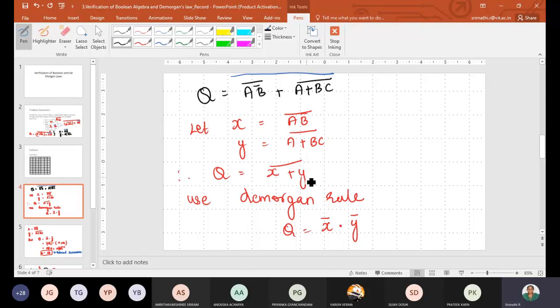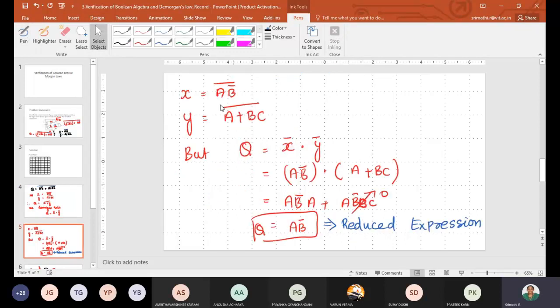By De Morgan's rule, we know that you need to change the sign and complement the individual variables. So Q will be equal to X bar plus Y bar. We know X is equal to (A B bar) the whole bar, so X bar is nothing but A B bar.